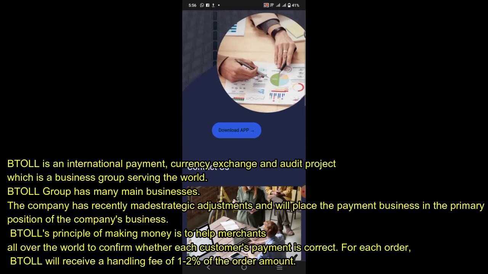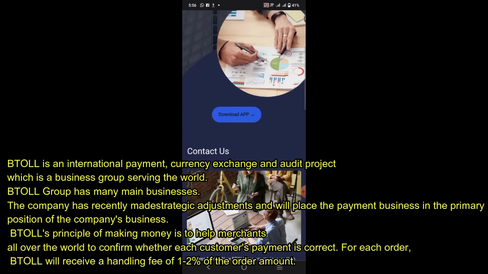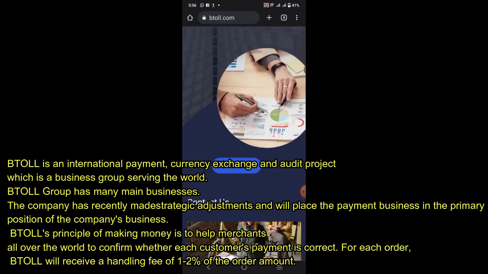You can see how to get the BTOLL app. You can see it from their website. You can download the app here,